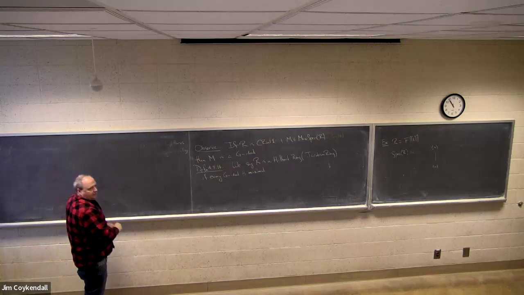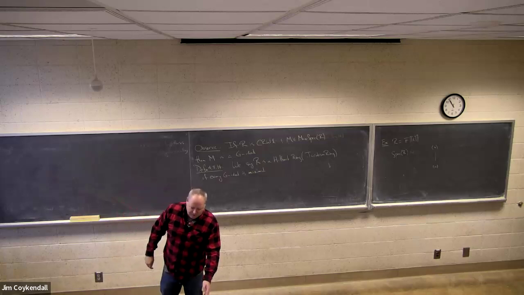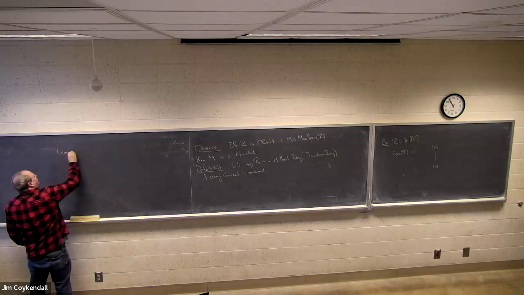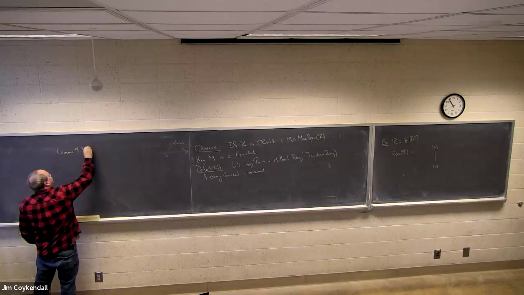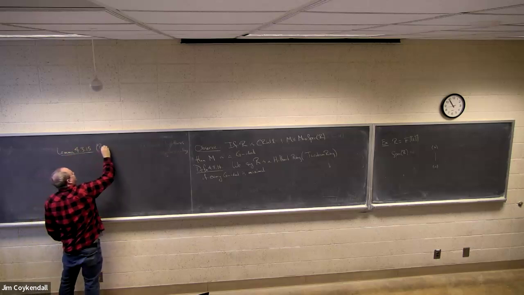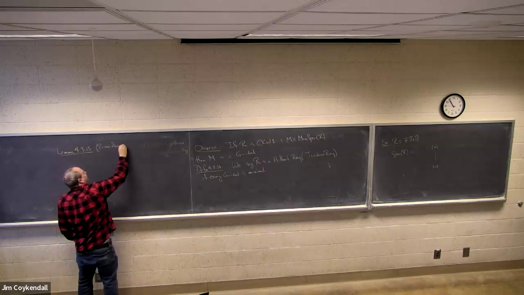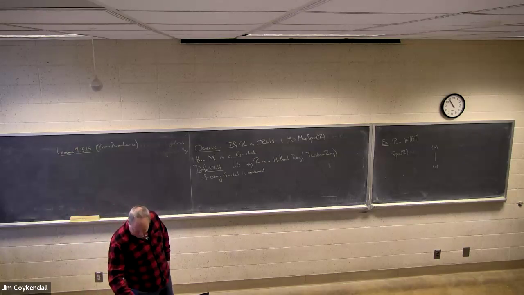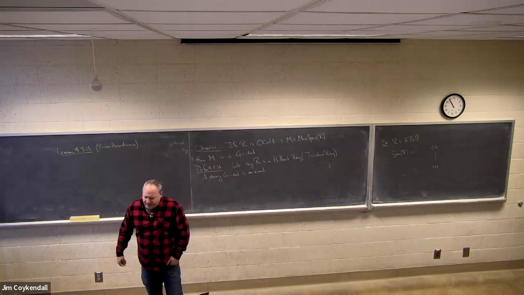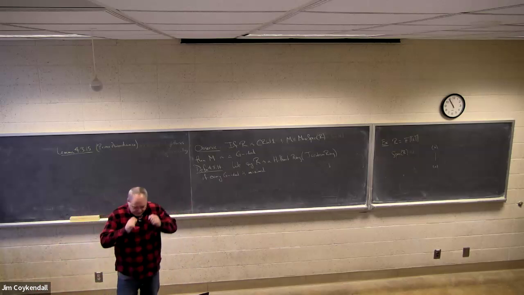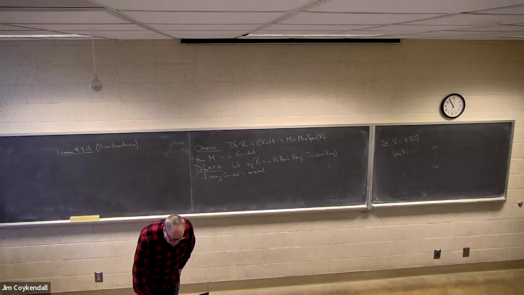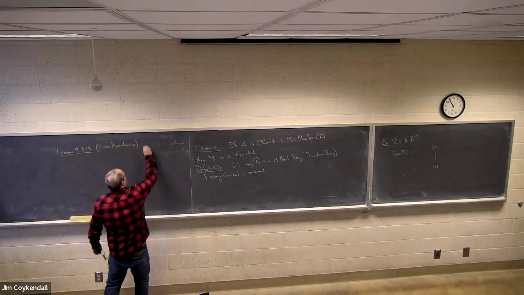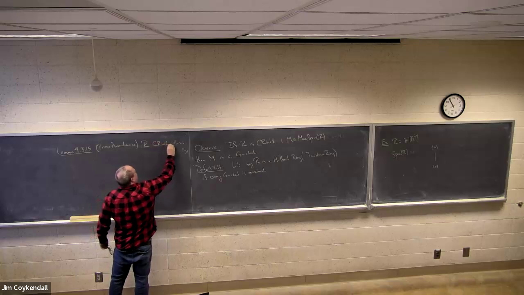Okay, so here is something that I seem to have avoided so far, but it's important. We're going to need this, and it's important in a lot of contexts in commutative algebra. This is called prime avoidance. Okay, so here's what prime avoidance tells us. If you have n prime ideals,